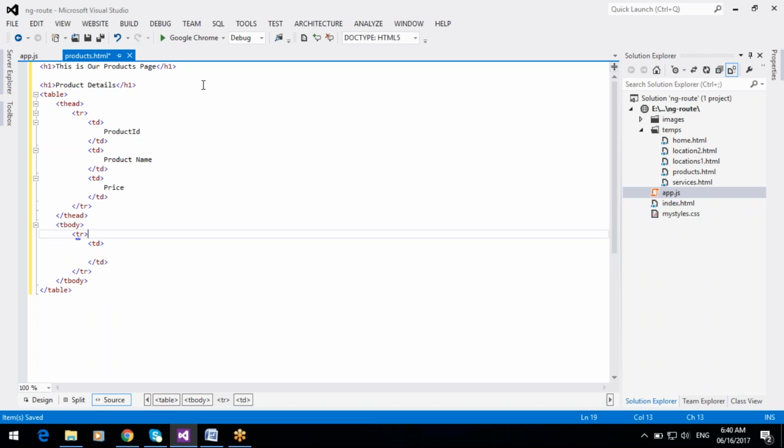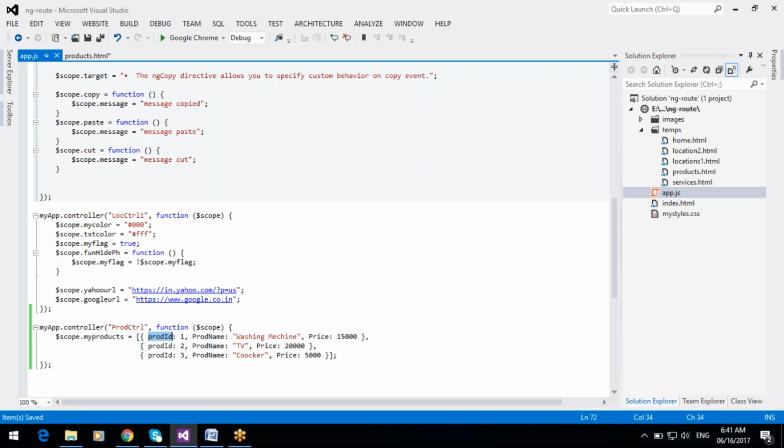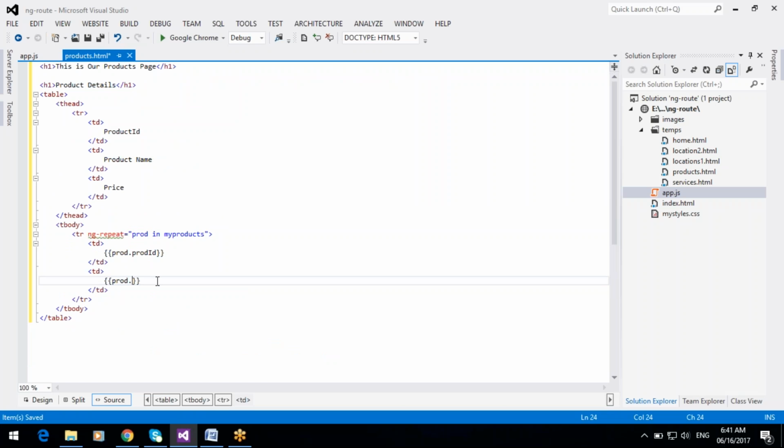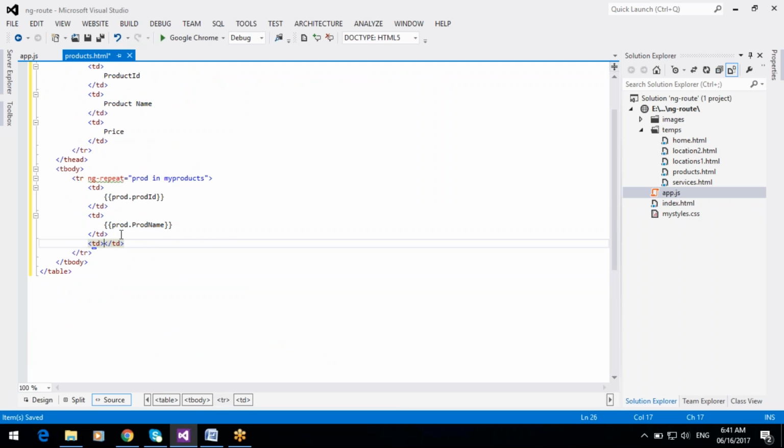In the tr we can use ng-repeat equal to product in my products, and add expressions: product dot product id, the second column product dot product name, and next product dot price.